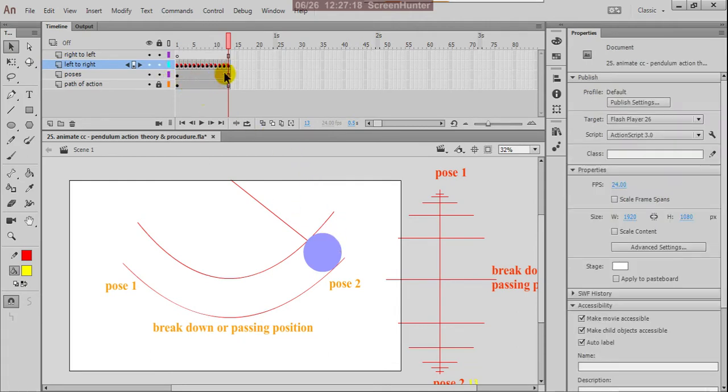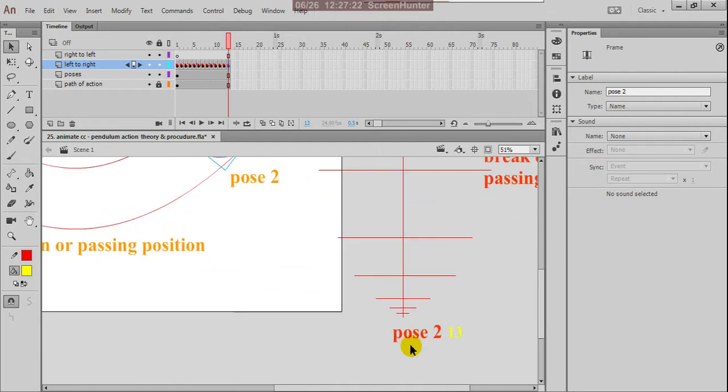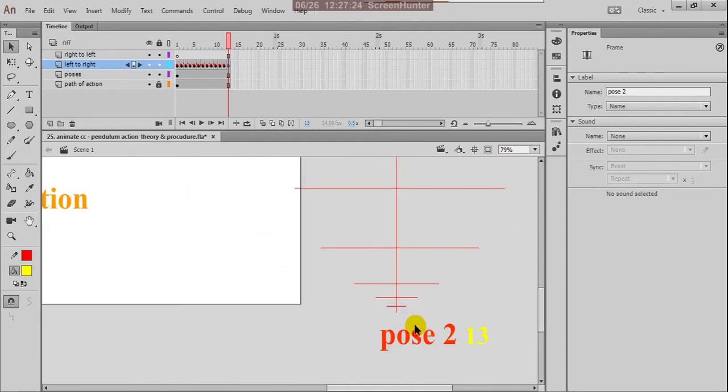Now click on the 13th frame. That means this is pose 2, with the 13th frame there.